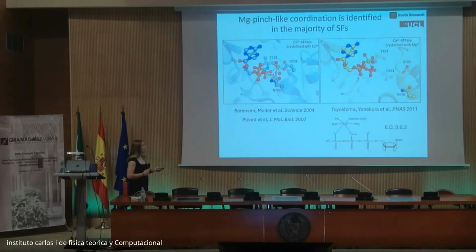And then a few years later, another paper by a different group was able to get the crystal structures with magnesium, and that one had the right coordination between the second and the third phosphate, which we think should be the right one. So we do have this type of inaccuracy across the different databases, but by and large,